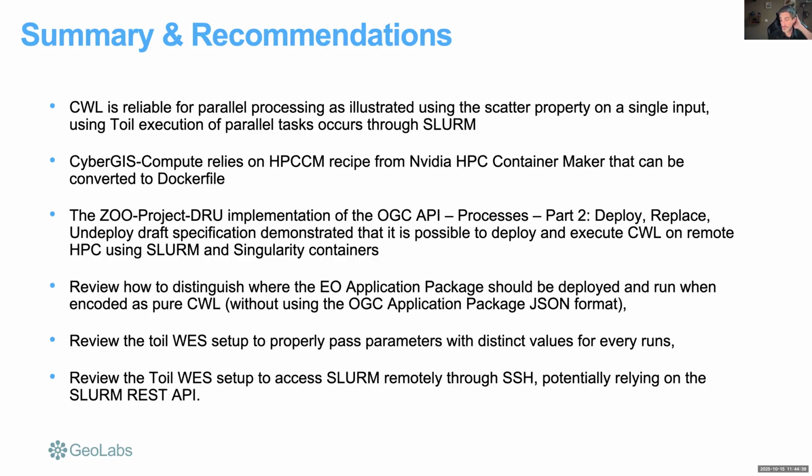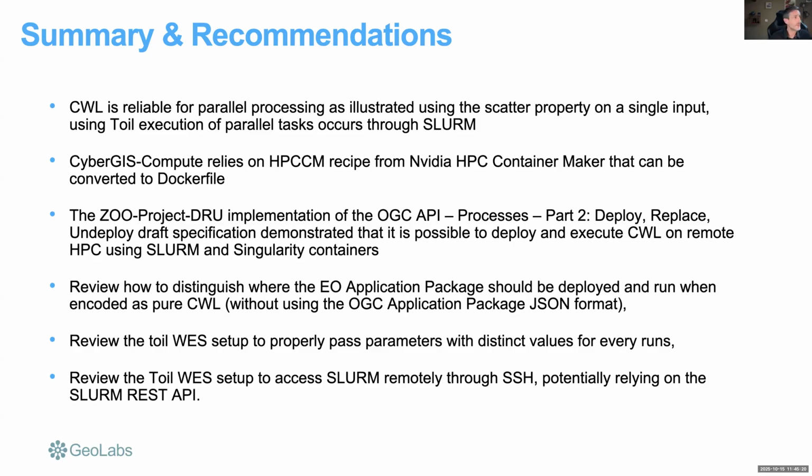parameters for every run. For example, we have tried to integrate this Toil WES with provenance, because CWL supports provenance recording using the W3C PROV ontology, meaning that you are able to access the full provenance of an execution of the process. But unfortunately, we realized that every time Toil is invoked, we cannot parameterize the parameters that are passed, except by modifying the code of Toil itself, but it was not our goal, so we